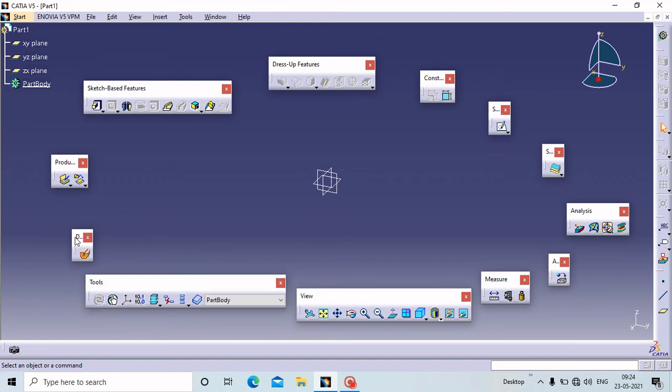Next is Dynamic Sections. If you want to create a section on a particular plane to check the inside behavior of your part, just click on Dynamic Section, your part gets cut in that region and you can check your part internally. This is the main function of the Dynamic Section command.